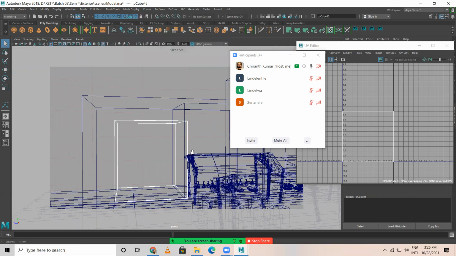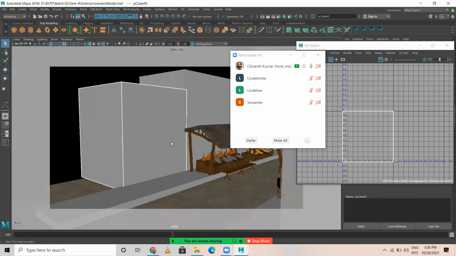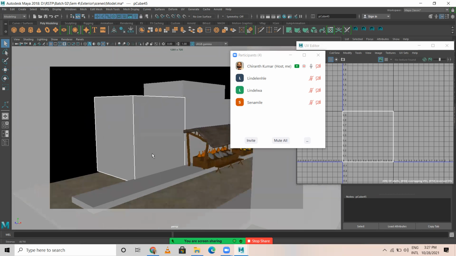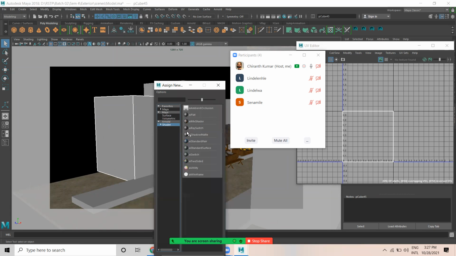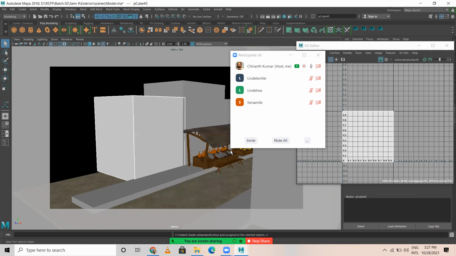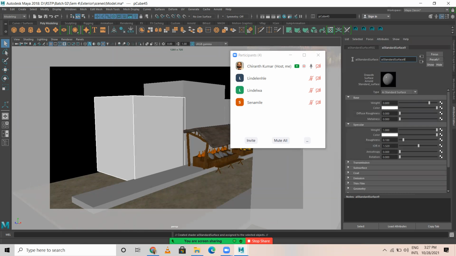So we cannot give automatic mapping for this. So for what purpose are we doing this? I'll show you. Let me apply a new material, AI standard surface, and this is building 1. Building 1.